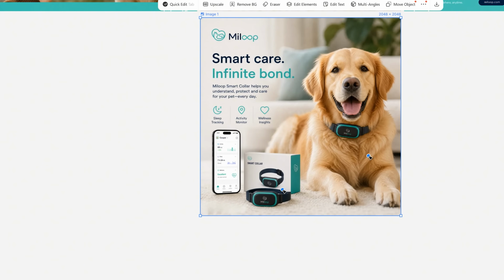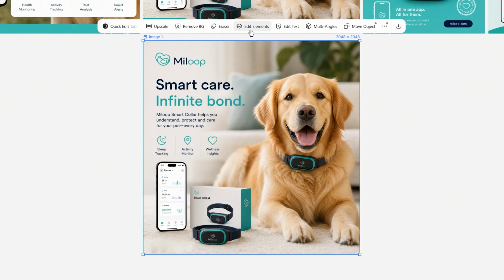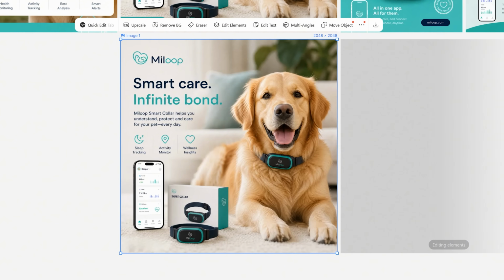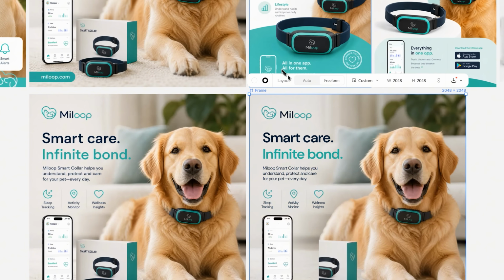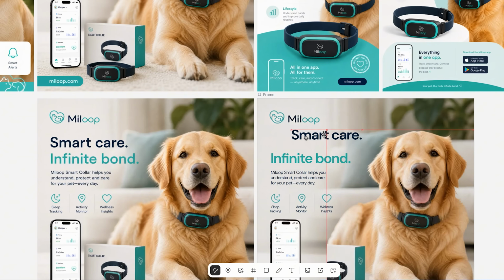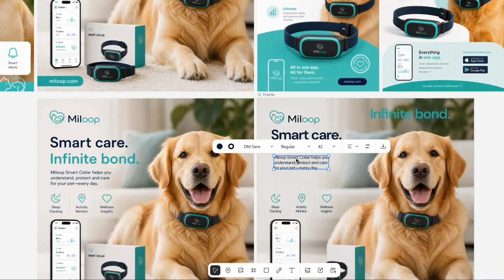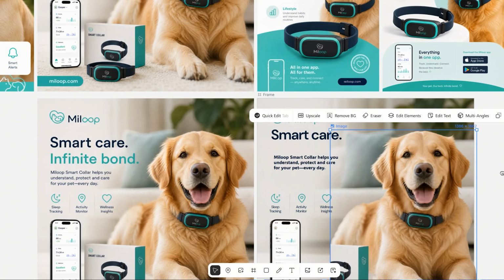And now I want to edit any element. I'm just gonna click on it, and as you can see, it is splitting all the components separately. This image is converted into separate sections. We can edit multiple components from this image. We can change text, font, size, etc. So this is a really smart way that we edit our image instead of regenerating it.